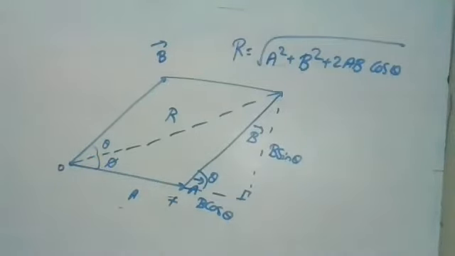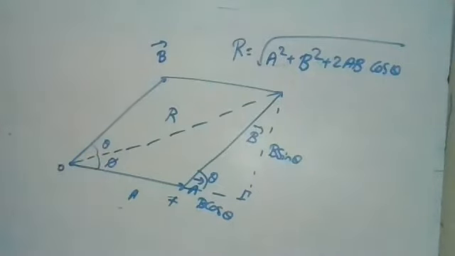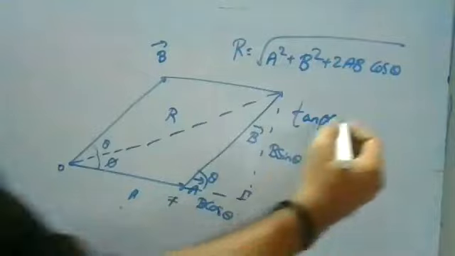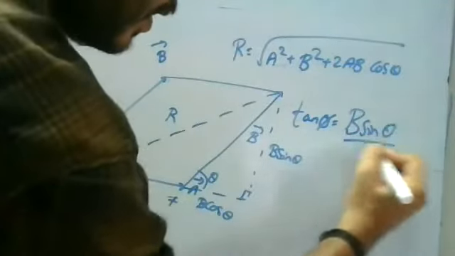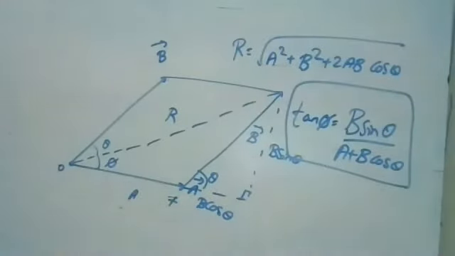In the relation, this is angle theta between A and B. This is your angle phi. Again, the same thing: I take the resultant and one of the smaller vectors, so R and the A vector. Remember, when we need to find the angle, it is phi, between the resultant and one of the vectors. Questions will be like that. So the angle between the resultant and the smallest vector is phi. So tan phi is equal to opposite, B sin theta, by A plus B cos theta. Same relations. Just take it down.